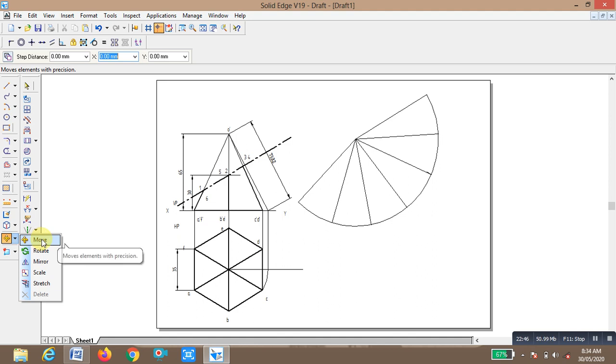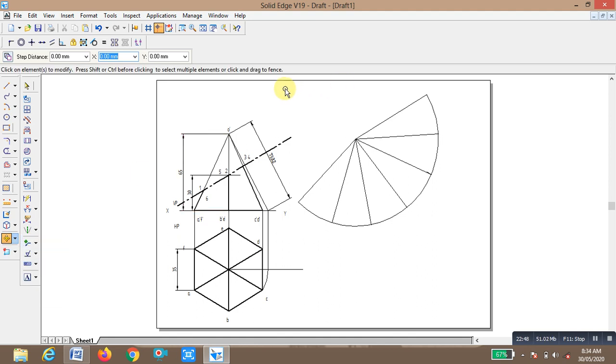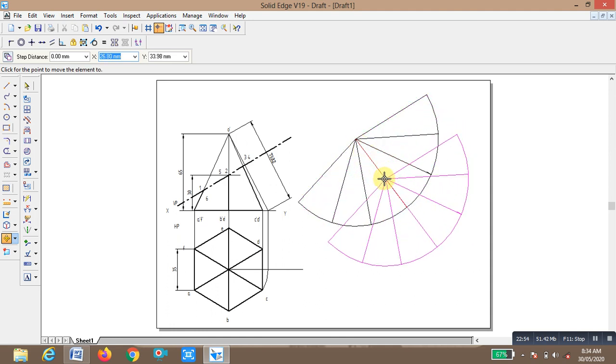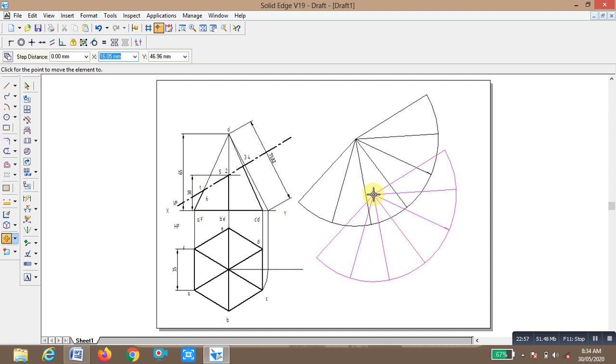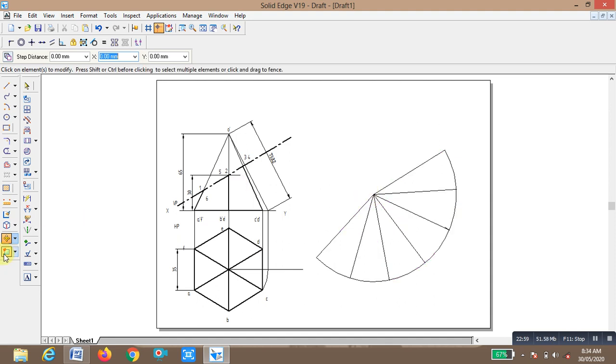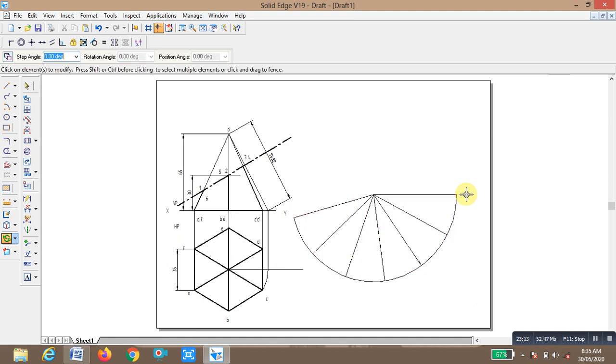Select this, with respect to this I am going to rotate it like this. Now we are going to draw the distances, at what distance these points are located. So we have to draw the distances.